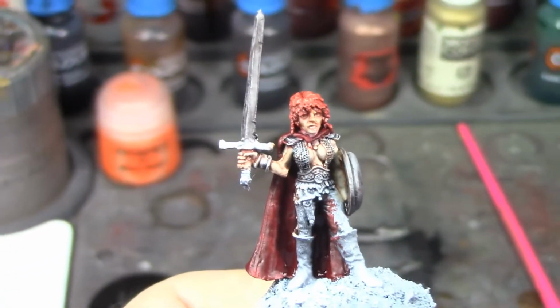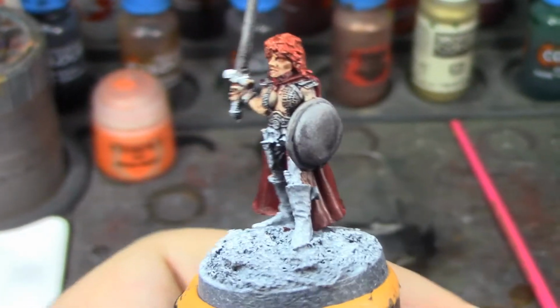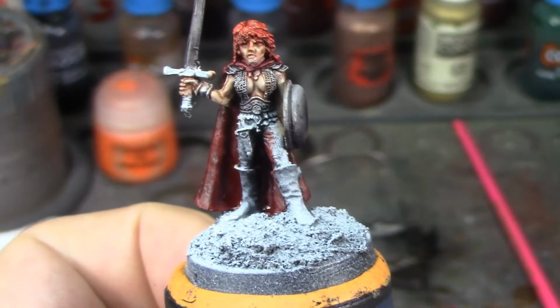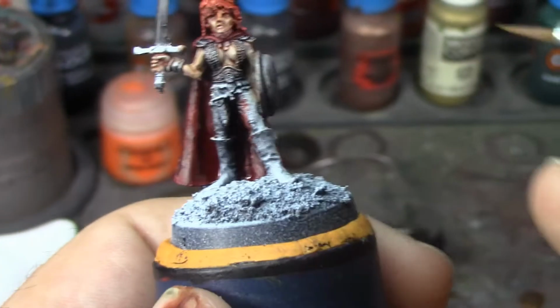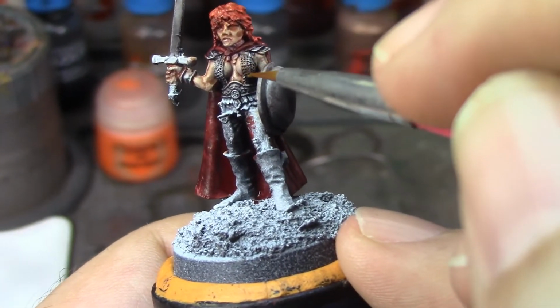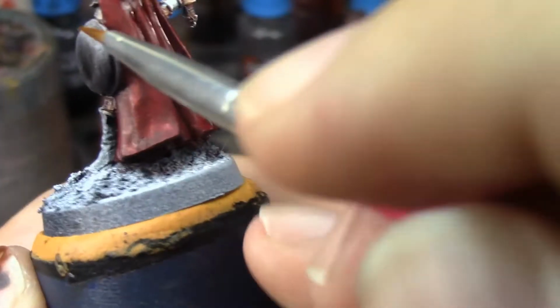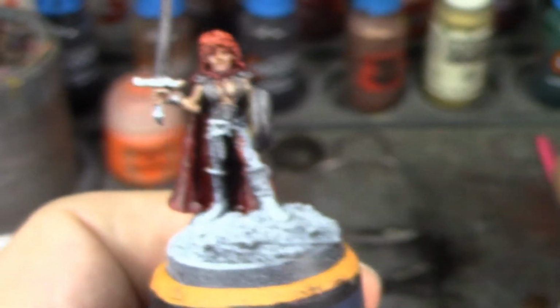I started to do the Basilicanum Gray for the steels, and while it looks okay on the sword, I'm not wild about it on the shield and the armor, because there's a couple little places where, like right in here, some of the flesh color got on the armor. Up here, some of the red got on the armor, on the shoulder pads. Got a little red on the armor here. And the Basilicanum Gray doesn't cover any of that up. So,